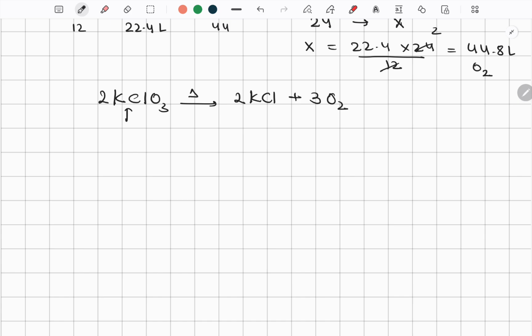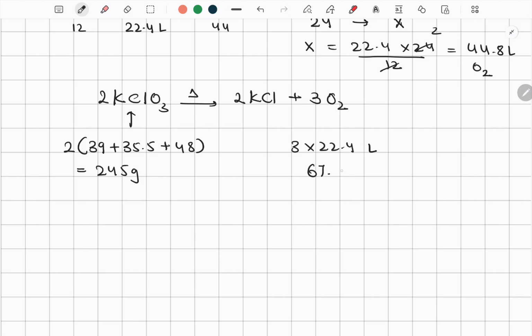It's again very simple: 2 into potassium 39, chlorine 35.5, and 16 threes is 48. When you multiply all by 2 and solve, you get the answer 245 gram. So 245 gram of KClO3 gives you 3 into 22.4 liter of oxygen,